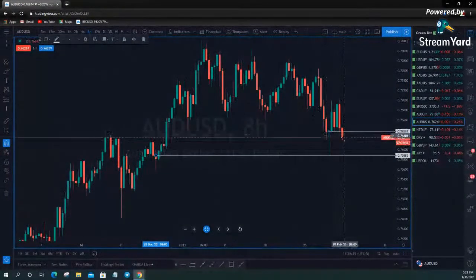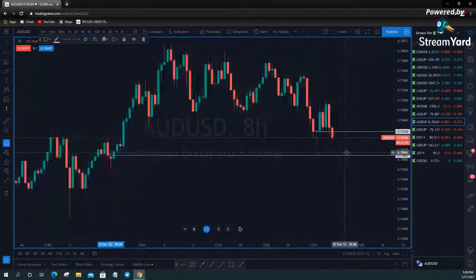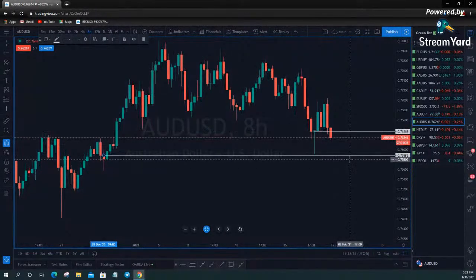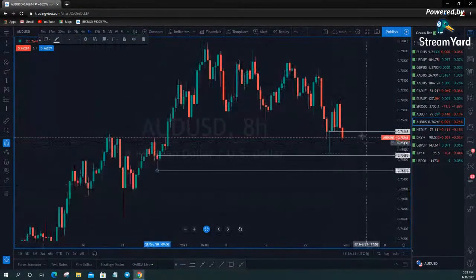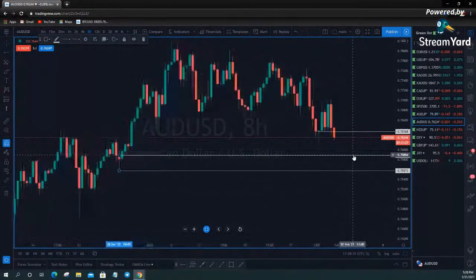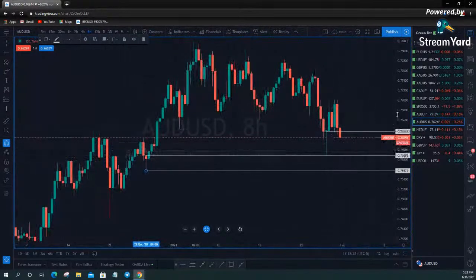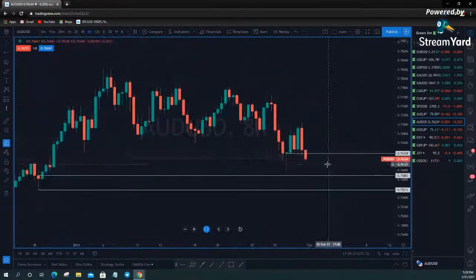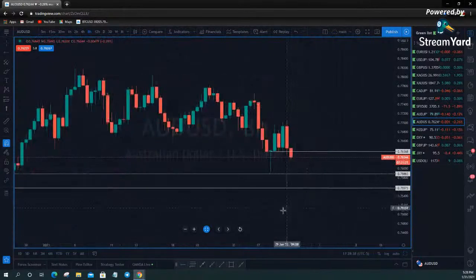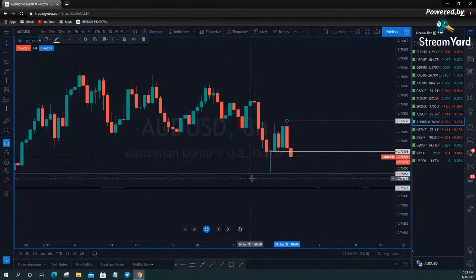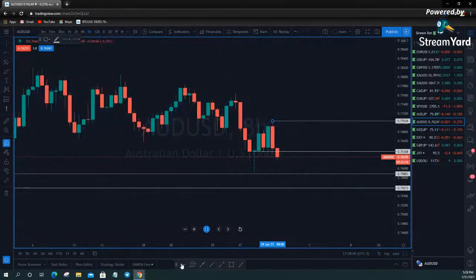All right. So if we get closure down on this candle, look for this area to come in as resistance and look for lower prices. This wick down could be your simple first target once it susses itself out if it wants to move lower. If this thing finds support and you are bullish on Aussie dollar, your first target would be obviously this high at 77038. Your next target would be this high.